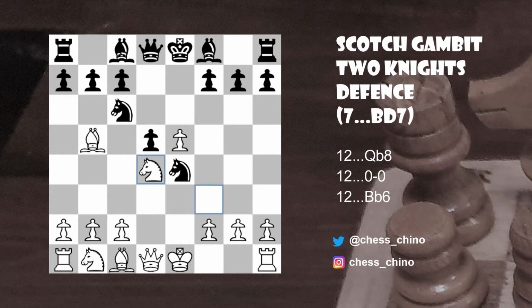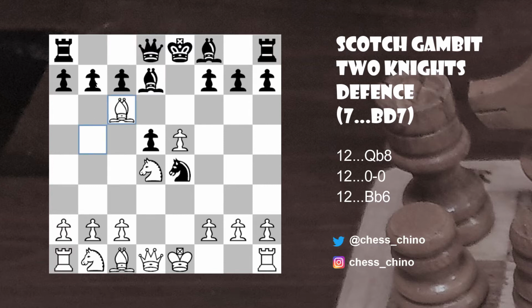In one of the other series, we'll look at this counter-attacking move with bishop to c5. But let's not get sidetracked for now. So bishop to d7, just trying to defend this c6 square. And then now white has to do something. So after bishop takes c6 and pawn takes c6, which are the most common moves in this position, white castles